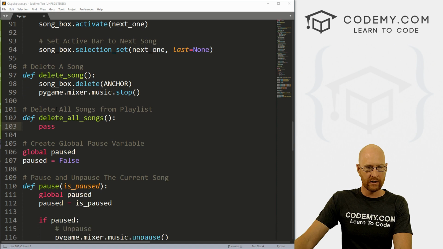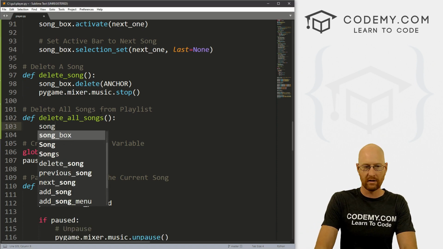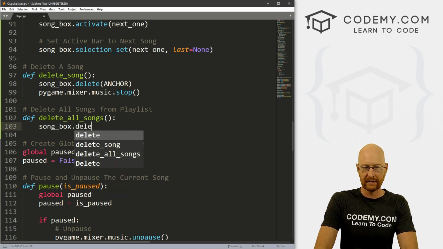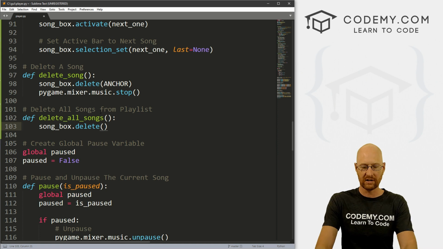So let's see, where'd we go? Here it is, delete all songs. So again, we want to call song_box.delete. And instead of passing in anchor, we want to pass in all of the songs. And we can do that by just creating a range. We can go from 0 to end, right? And then just like here,